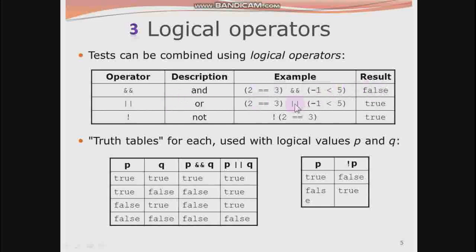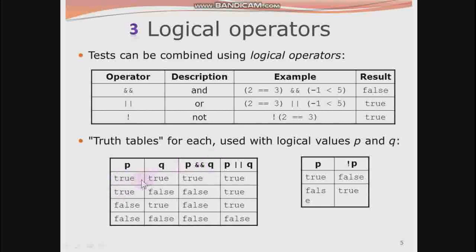Same here, the OR operator also checks both side results and sends the final result, and not always checks one side result. If this side is true, it will give false, and if this side is false, it will give true. How do and, or, and not work? According to this table we have to understand. This P and Q are the values: P is one side value, Q is the other side value.